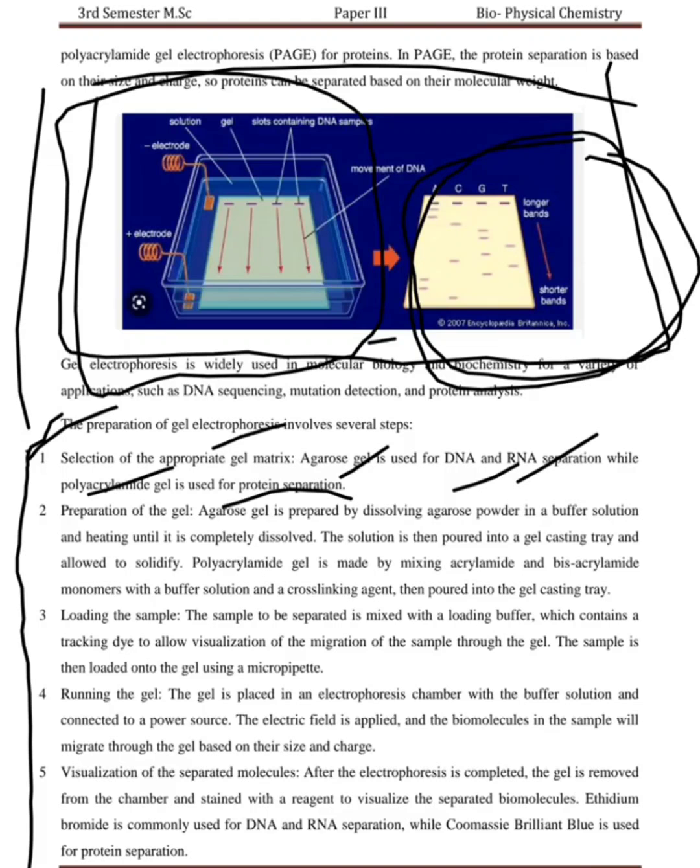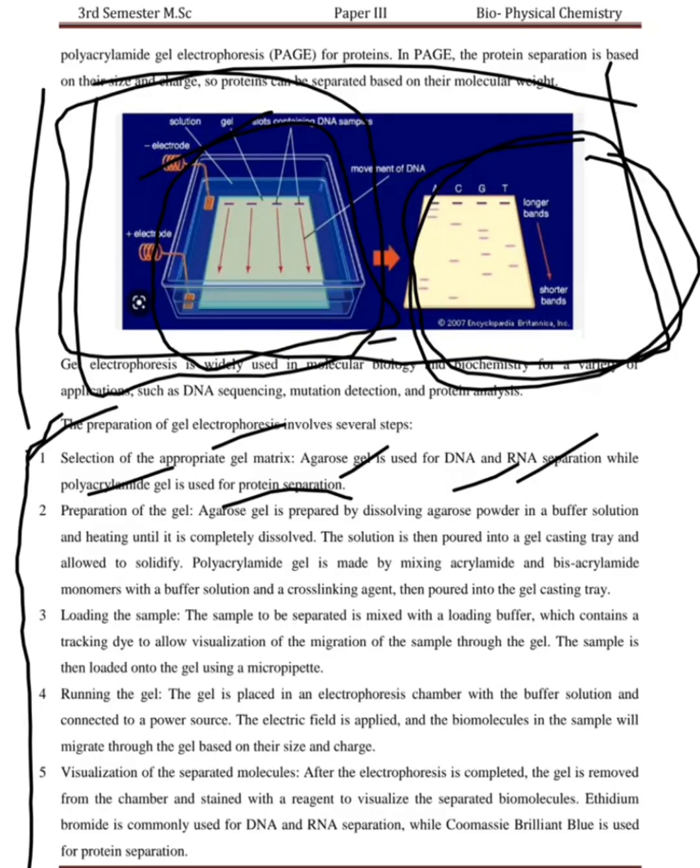So for the gel casting tray, we are going to dissolve and pour it. It will get solidified. Further, in the same way, with polyacrylamide gel, the same method, we are going to prepare. We are going to dissolve it and keep heating until it completely dissolves. Once completely dissolved, you are going to pour it into a gel casting tray